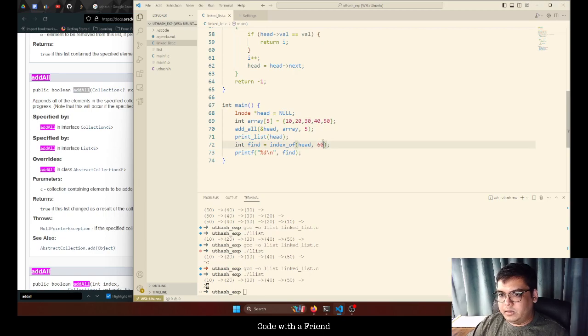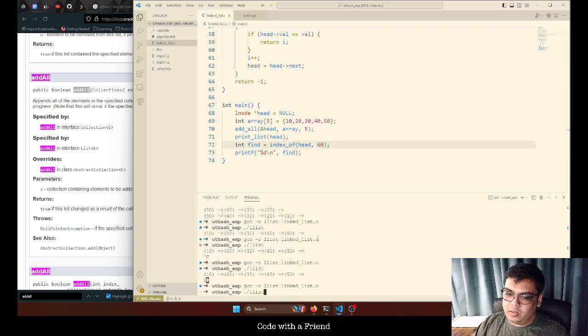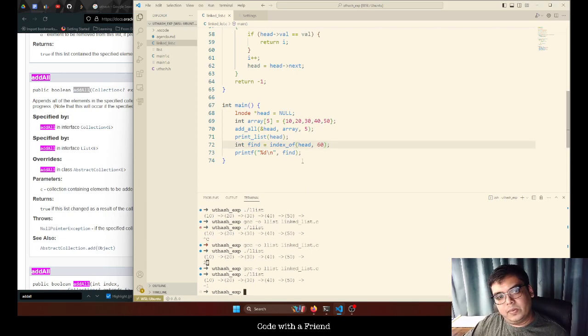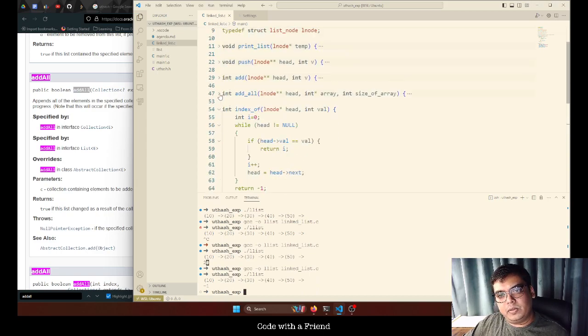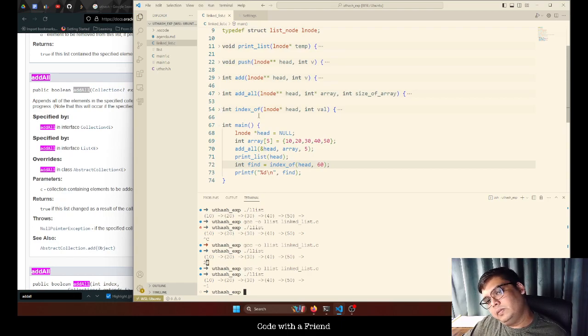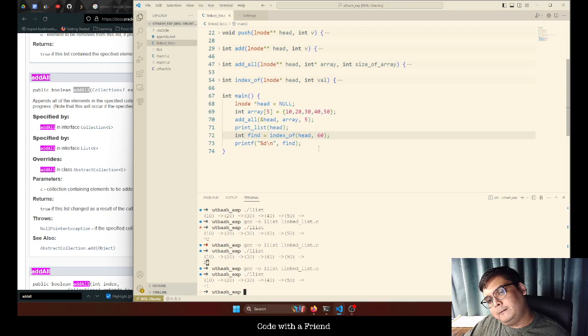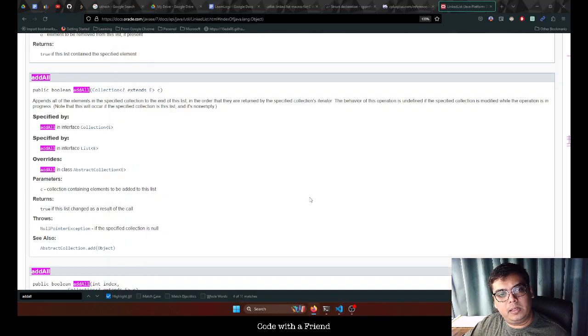If we pass some element which is not in the list, it will return -1. So I think index of is also working fine. So we have implemented 2 additional functions, push, add all, index of. What else? So we can possibly implement,